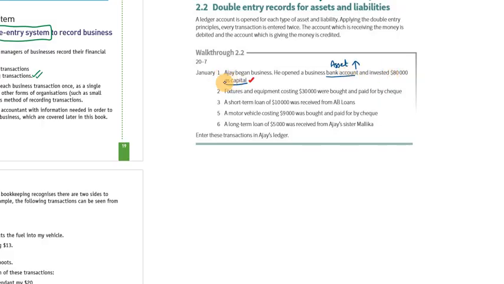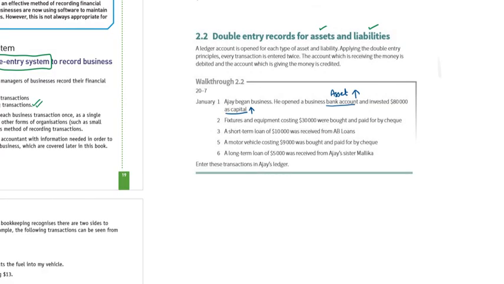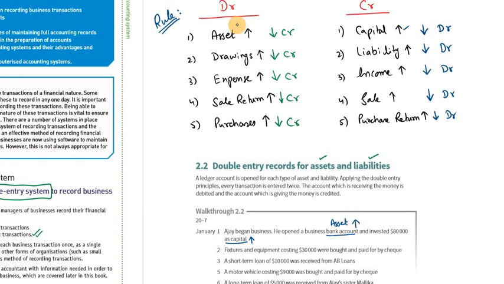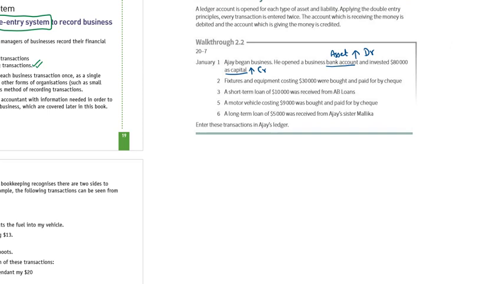So can we say this capital also increases? As we learned, increase in asset means asset will be debit, and increase in capital will be credit. So the final entry will look like this: asset debit,